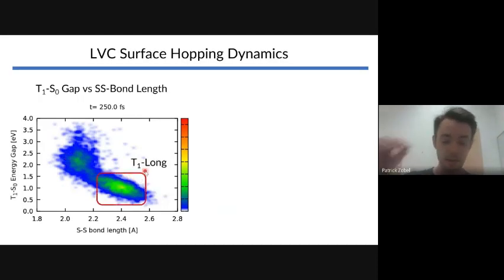Most of the trajectories move to longer SS bond lengths, while some really stay at the shorter one. And then also, if you take some snapshots from the simulations of trajectories that are in this region, and you optimize them, you find again this T1 state that we looked at in the beginning with the elongated sulfur-sulfur bond. But you also find now a different one, if you take some random snapshots from here and just optimize them, some of the trajectories go to a different